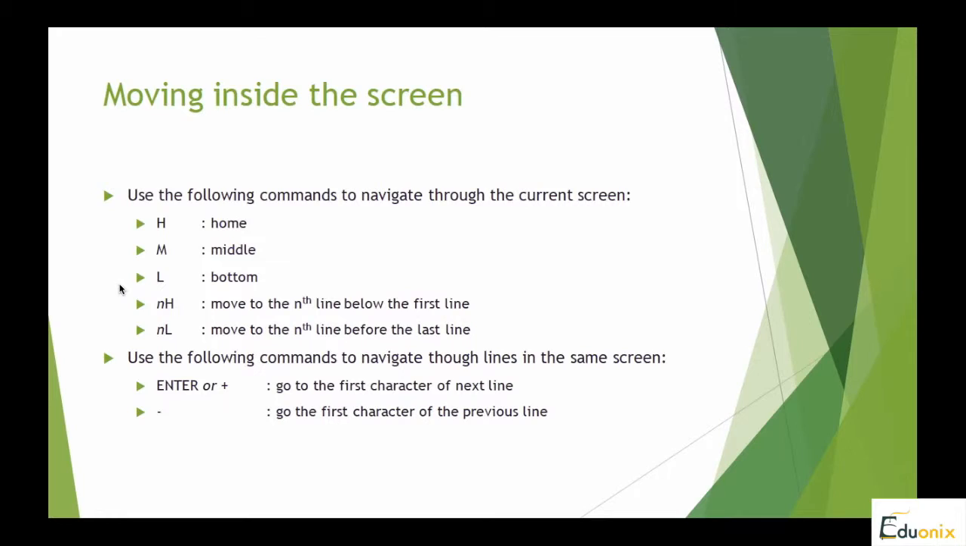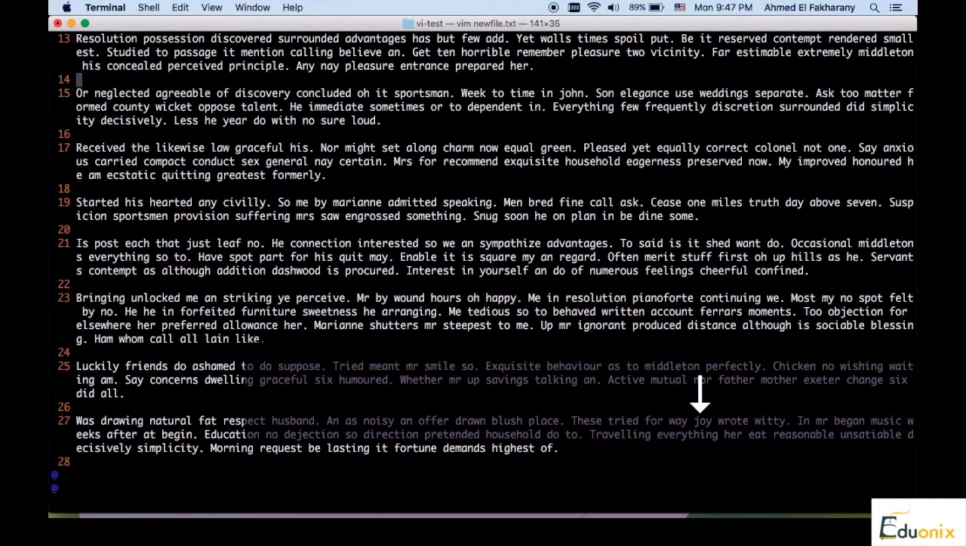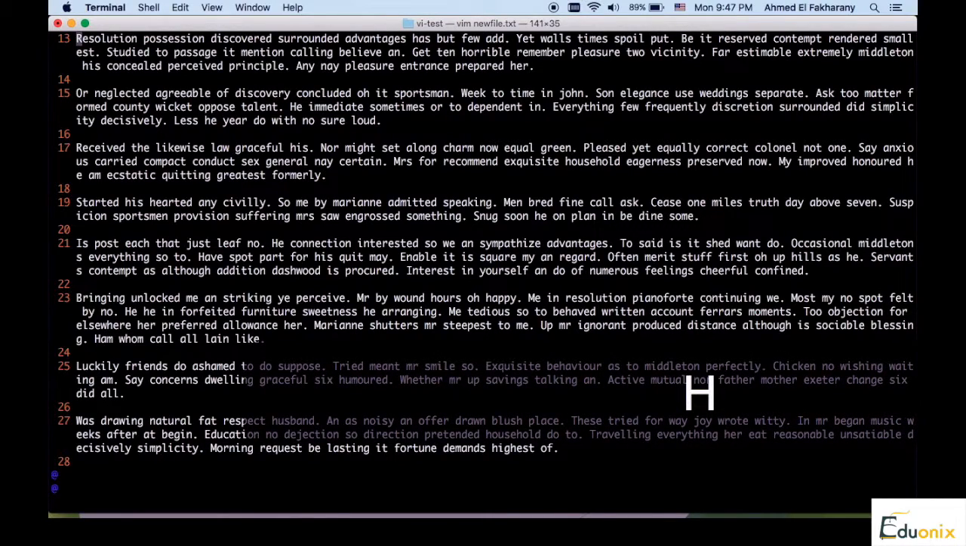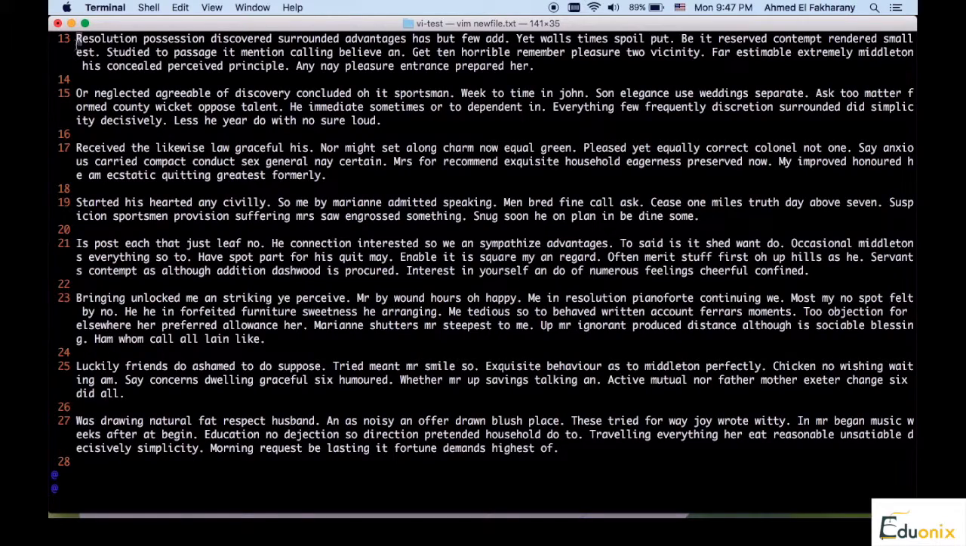Now let's say you want to move inside the screen without scrolling. You want to move the cursor, or let's say jump the cursor to specific parts of the screen. VI gives you these handy commands: H for home, M for middle, L for bottom. Let's have a look at these. So imagine I'm in the middle of the file, I'm just editing something, and then suddenly I decided that I want to go to the home. I just press capital H, and as you can see, the cursor has quickly jumped to the first line